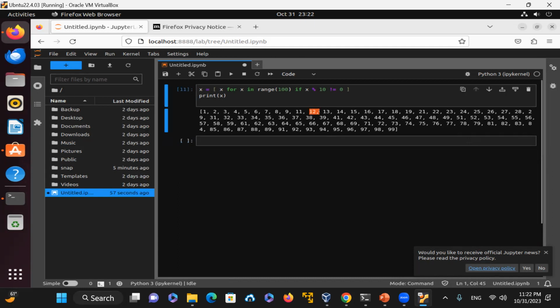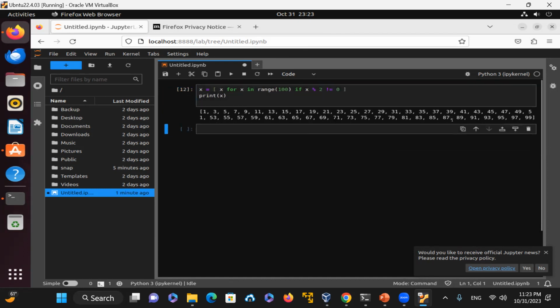And then something like 12 is also an even number. So depending on what we're doing, if we just say divide by 2, then it's all odd numbers. So you could do that one. But